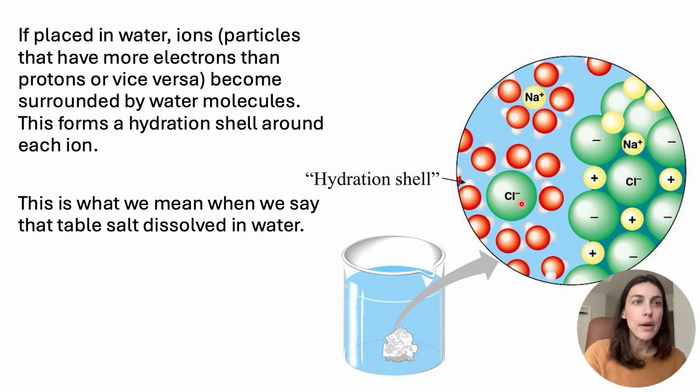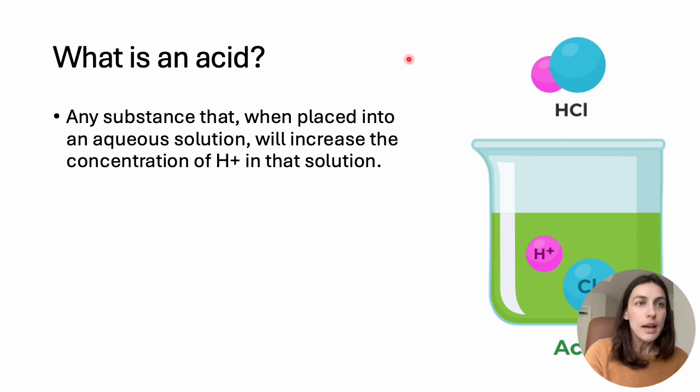So let's see, how does that relate to what we're learning in this section of the course? Remember, what is an acid? An acid is any substance that when you place it into water or a watery solution, which we call aqueous solution, it will increase the number of free floating H pluses in that solution. Well, one example, what if instead of having sodium chloride, NaCl, which was the table salt I showed you in the previous slide, what if we had